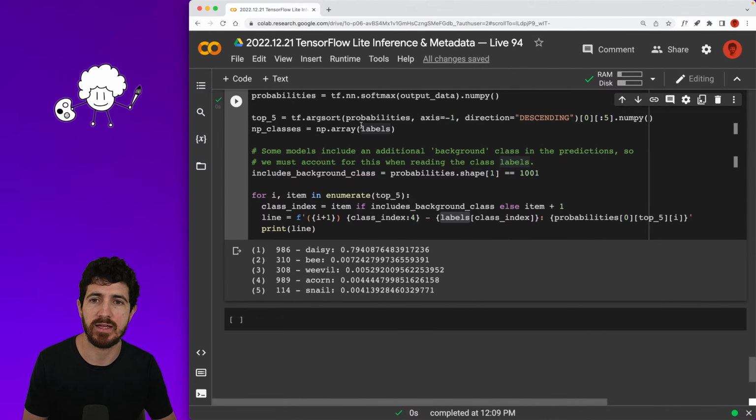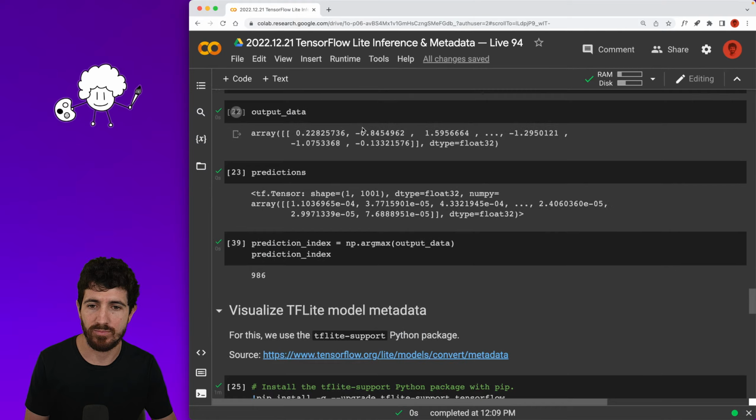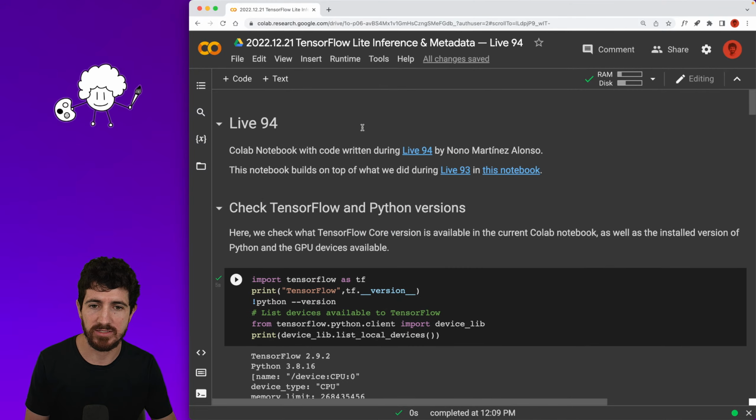So this notebook is now working properly. We just changed it slightly, and I'll upload this to the GitHub repo at some point,